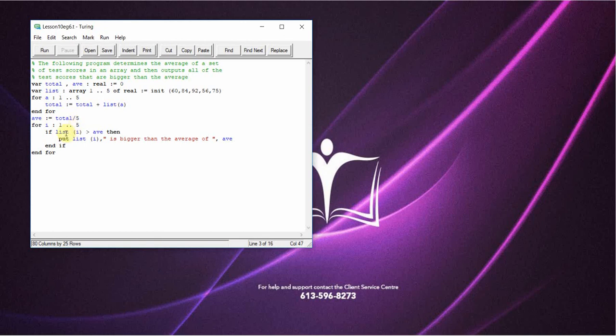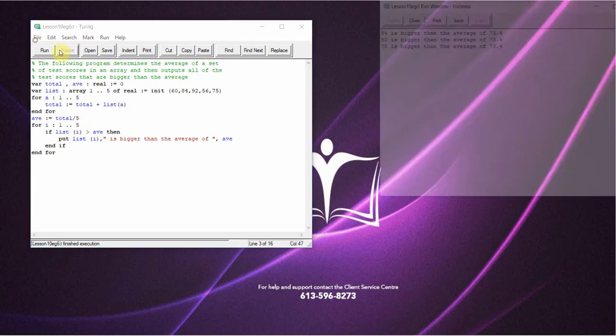In the next for loop, we are going to go in and we want to find out which of the numbers are bigger than the average. So we need to go through each element. So again, we need to set up a for loop from 1 to 5. There's 5 elements we need to check. So if list I, this time I is equal to 1, is greater than the average, then it will put, yes, that number is bigger than the average of av. It will go through all of those elements, check them all, and then when we run the program,